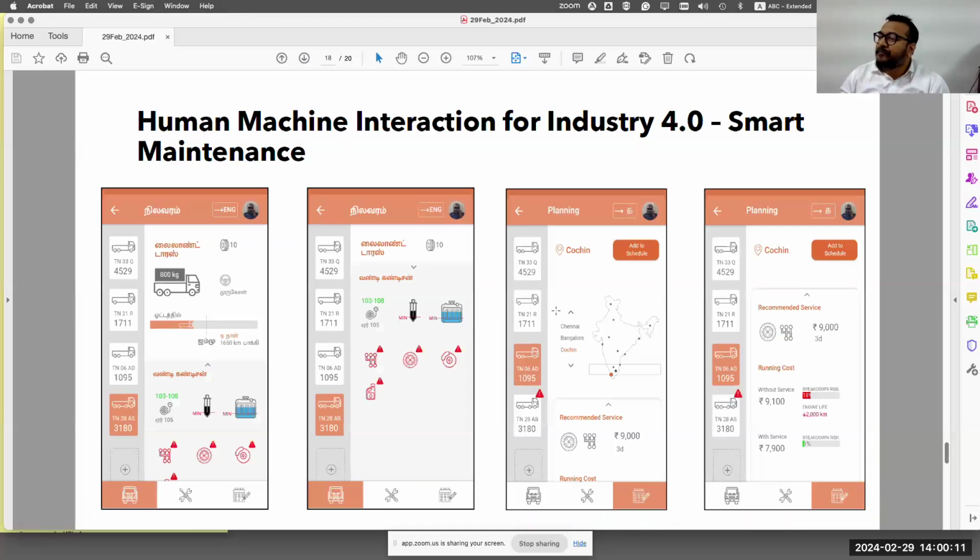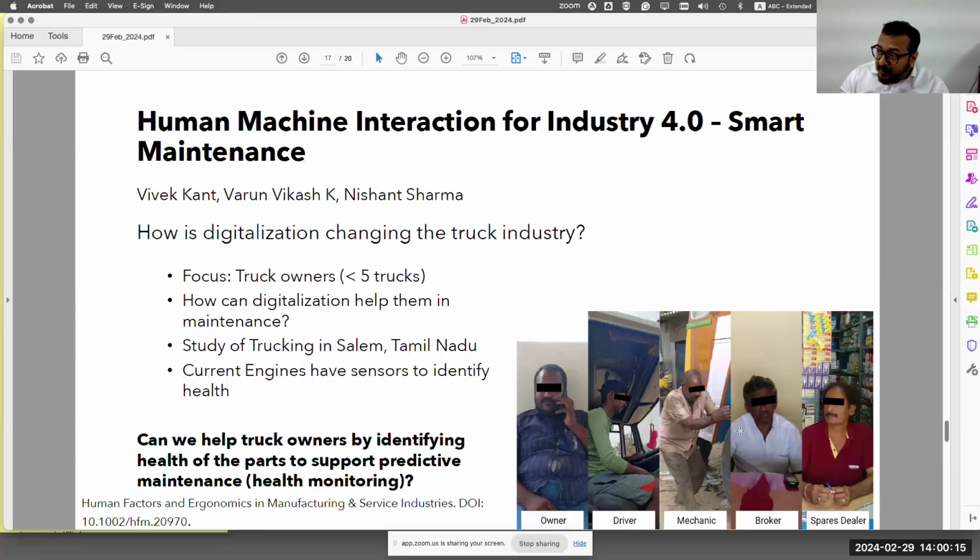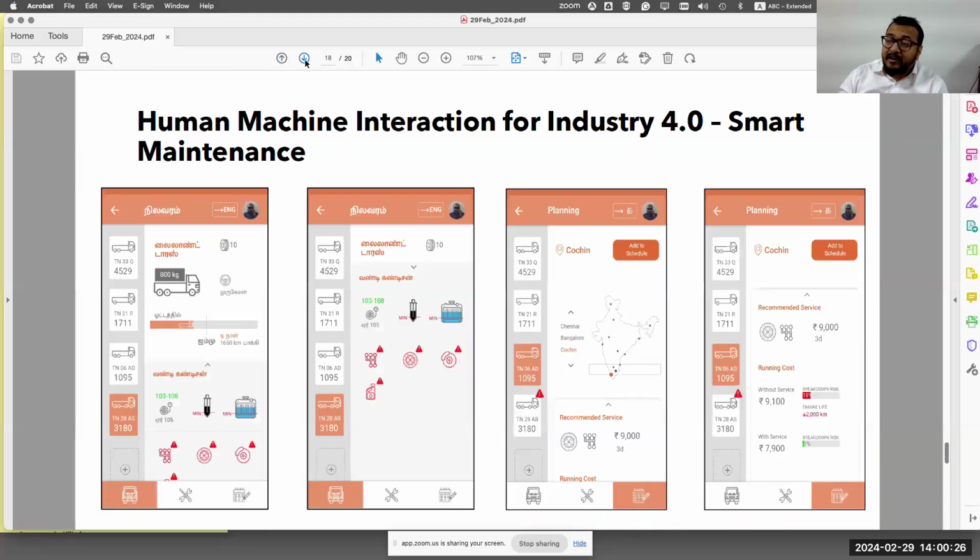I'll show you some examples. And we are dealing with very low literate users over here, low literate, but they can use mobile phones, and they do a lot of those activities on the mobile phones. So how do we use the mobile phones for low literate users, but at the same time enable them to get their work in process, right?